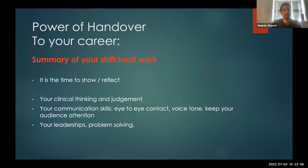So this is the time when you can show and reflect your clinical thinking, your clinical judgment, because you faced some problems overnight. You have to highlight those things, and that again gives the impression to the team of who you are, what you have done. Don't be shy or underestimate what you have done overnight. If you did something good,